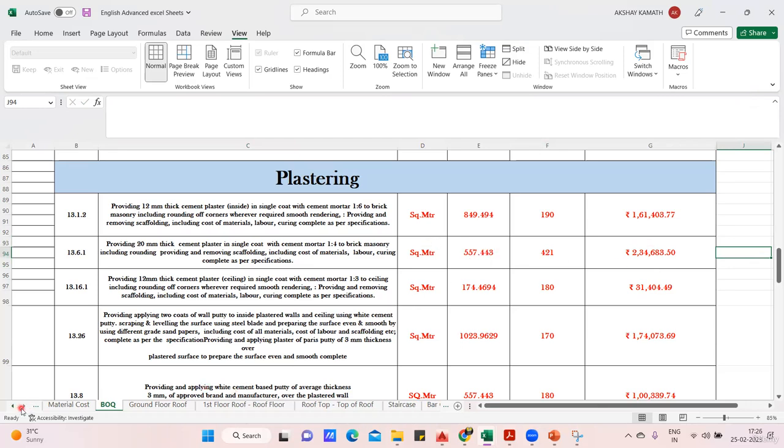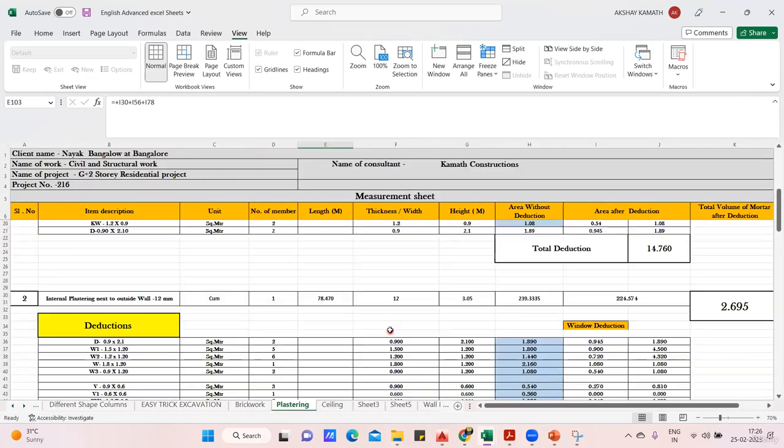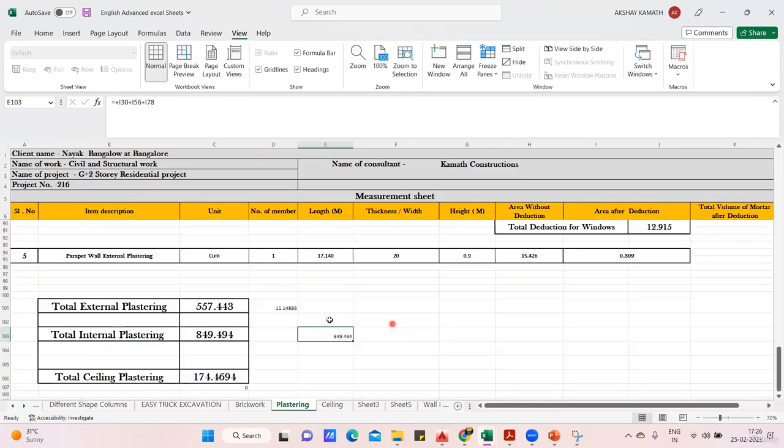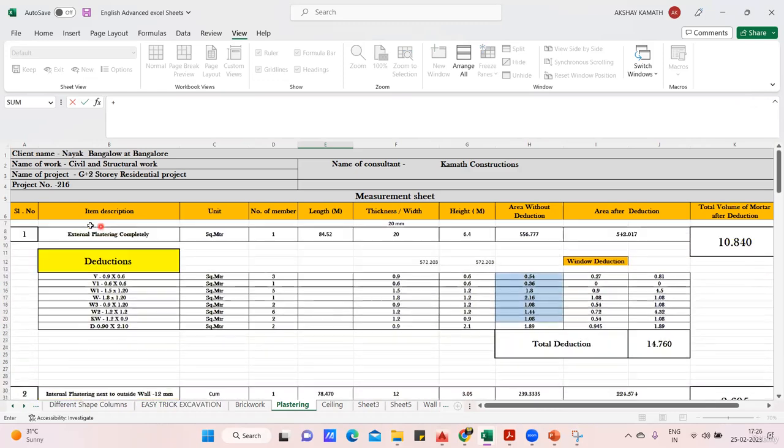So for finding the quantity, go to the plastering quantity, where you have done the outside plastering, and just calculate that. First, this is your external plastering, which is 20 mm. The total area is 542, plus